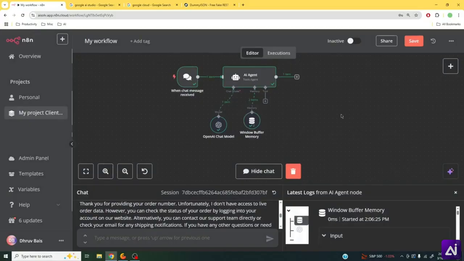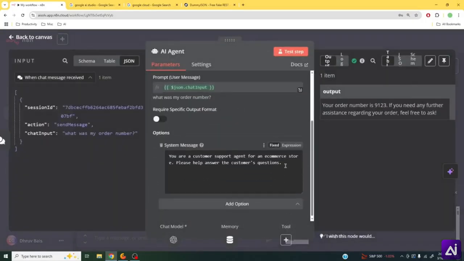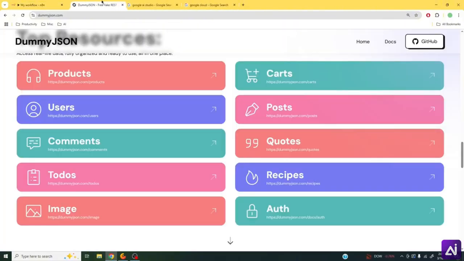Now, I also want to take a look at how we can pass in some data to the system message, and then have people be able to query against that data. So what I'm going to do is I'm going to go over to this website called dummyjson.com. And this sort of mimics the format in which you might receive data from an API. So if we click on, say, products,